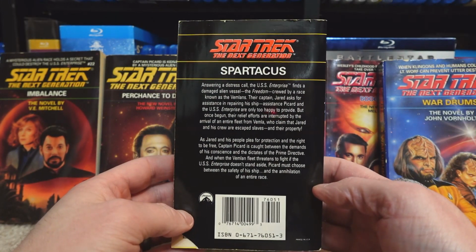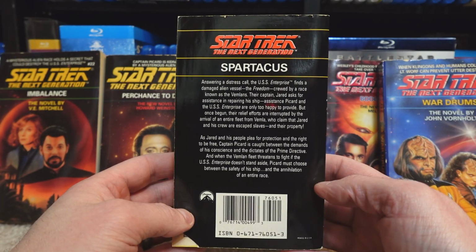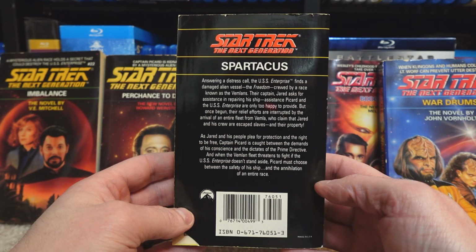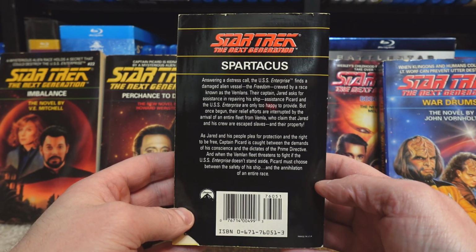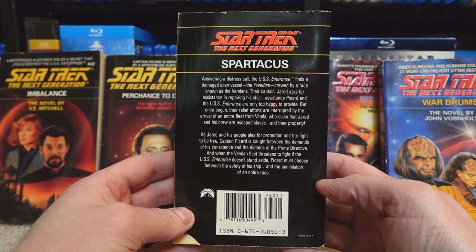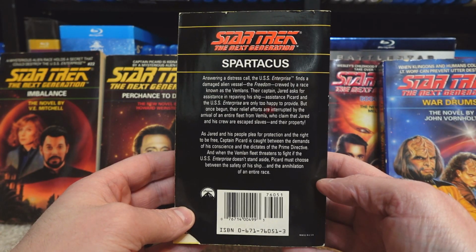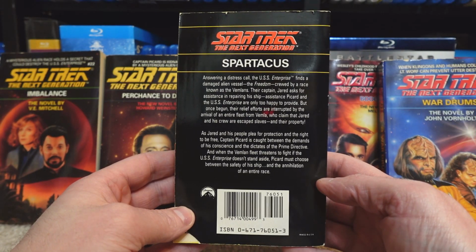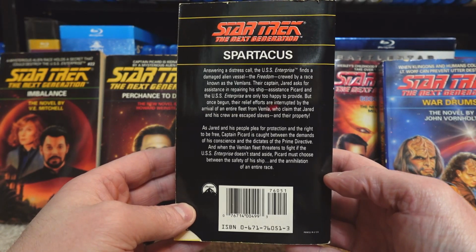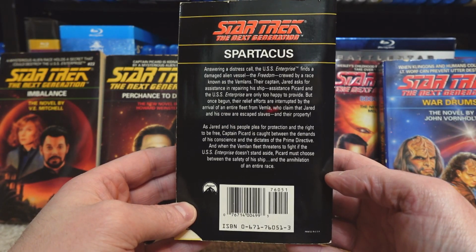Spartacus. Answering a distress call, the USS Enterprise finds a damaged alien vessel, the Freedom, crewed by a race known as the Vemlans. Their captain, Jared, asks for assistance in repairing his ship. Picard and the Enterprise are only too happy to provide it, but once again, their relief efforts are interrupted by the arrival of an entire fleet from Vemla, who claim that Jared and his crew are escaped slaves and their property. As Jared and his crew plead for protection and the right to be free, Captain Picard is caught